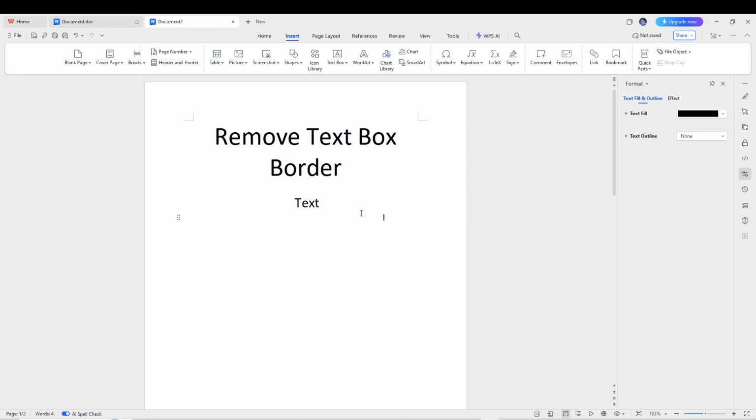This gives you flexibility to customize the text box depending on your design needs, whether you want it fully transparent or partially highlighted. Using these steps, you can create clean, professional-looking documents with text boxes that have no borders or customized fill colors. This ensures that your text is highlighted or separated in the way you want without unnecessary lines